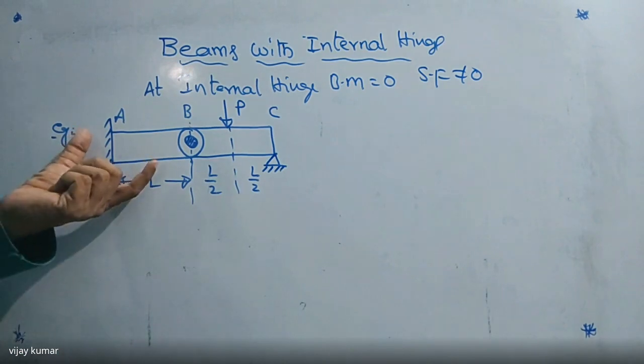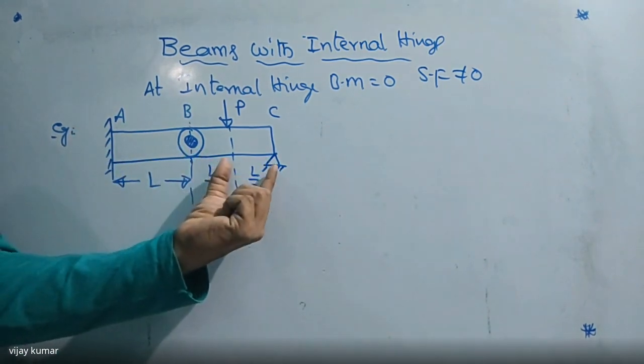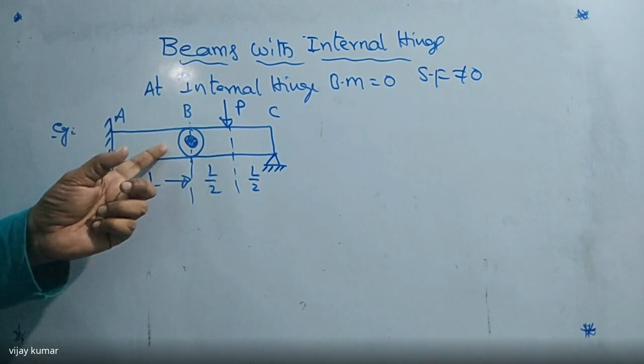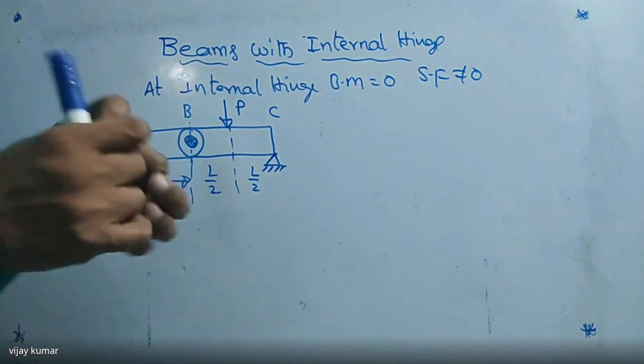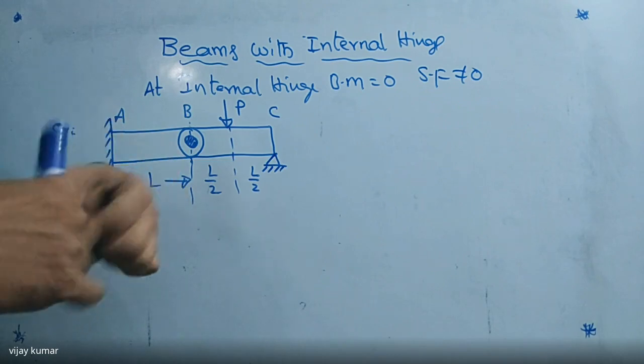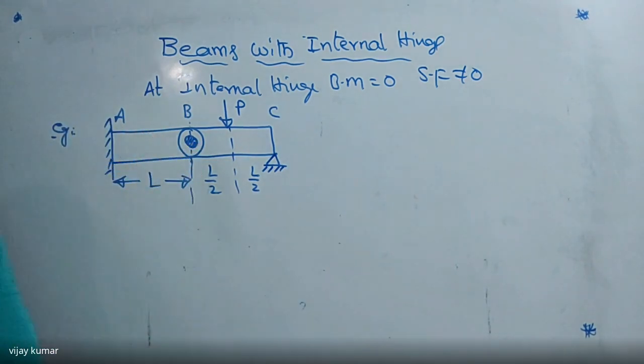It is a cantilever beam. It is simply supported on the support here, but this bar and this bar are both connected by a hinge here. They can rotate freely. It is named as a frictionless hinge. So the question is given in the GATE examination: find the reaction at point A.